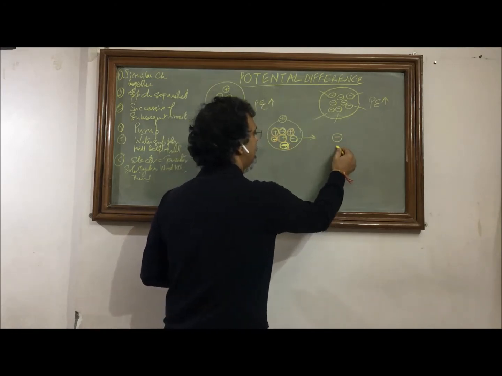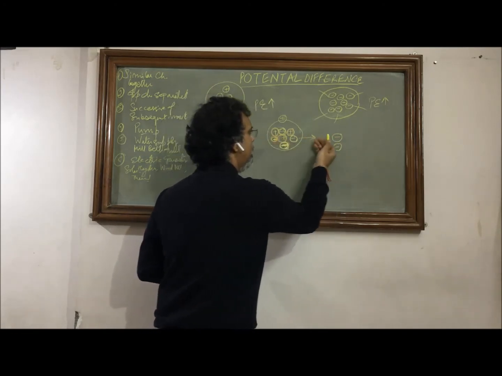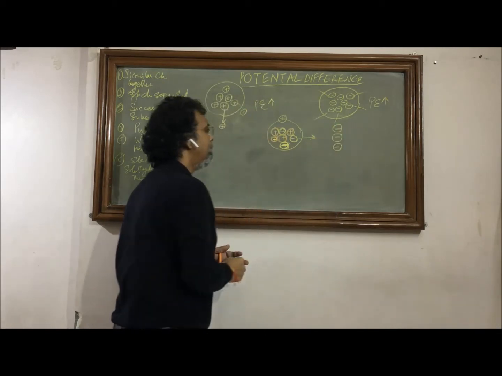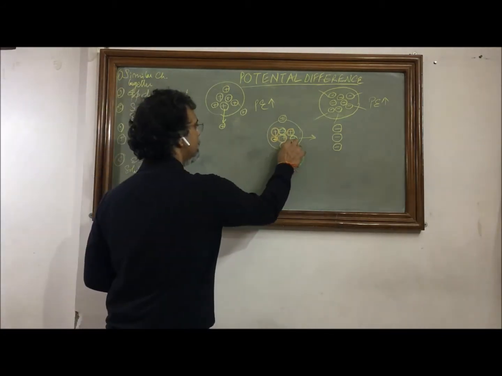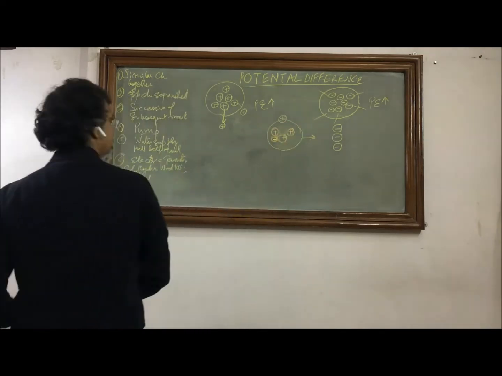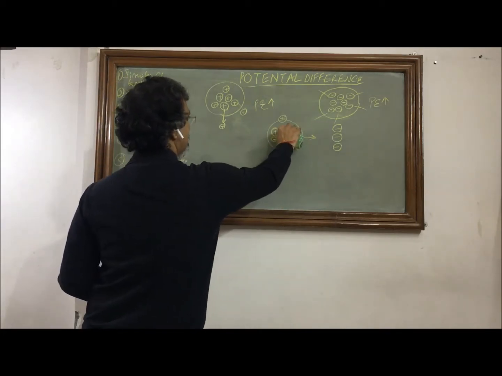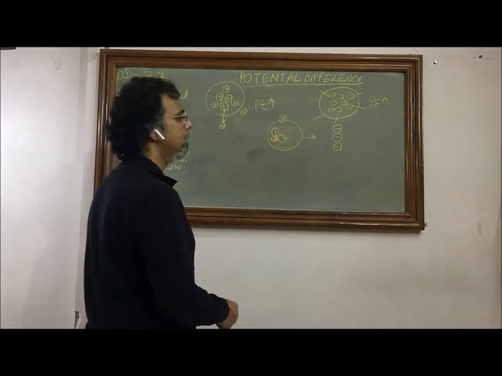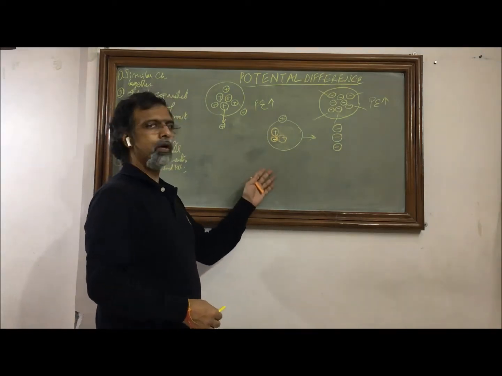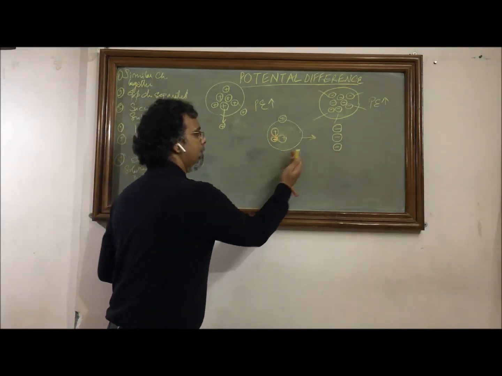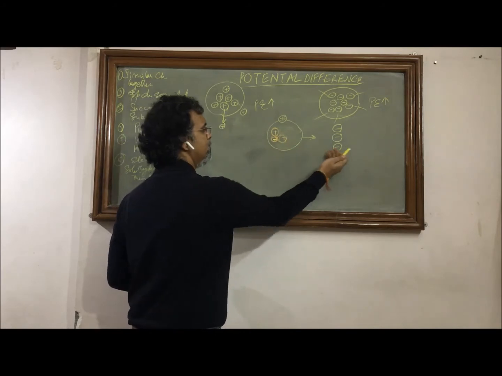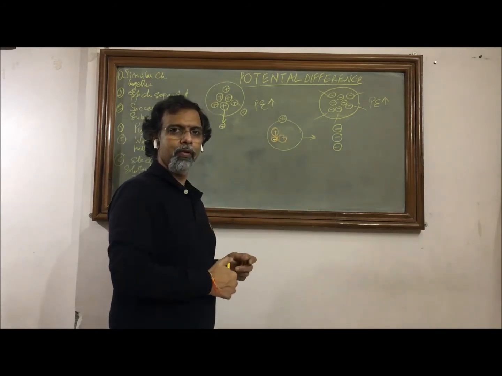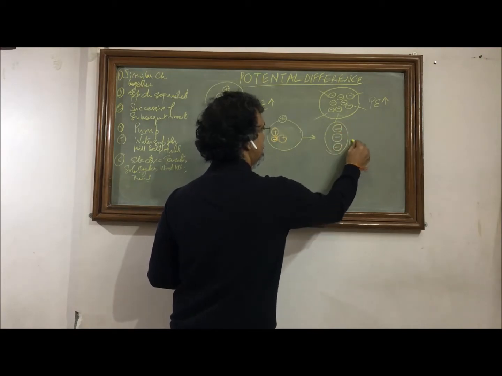I pull another one, I have a negative charge here. I pull another one, the last one, I have a negative charge here. And I am left with only the positive charge in this system. These yellow negative charges are brought out, pulled apart from this system. And I have now 3 positive charges left here and 3 negative charges. And to create this situation, some external energy has done some work to move these charges against the force of attraction. So now that is stored in the potential energy.